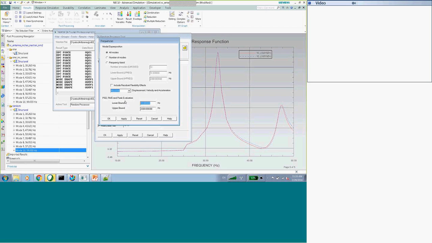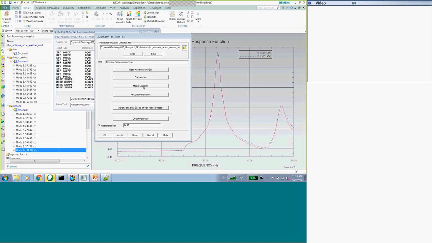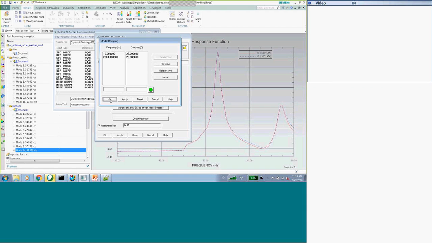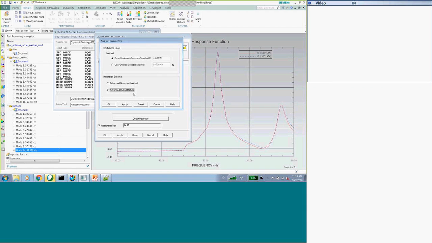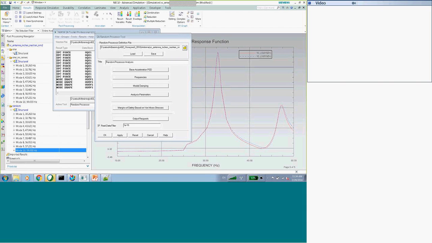I'm going to use the default for my modes, except I'm just going to go from 0 to 100. My damping, 0.025. I'm going to use hybrid by default. My confidence is going to be 99.73%, 3 sigma.